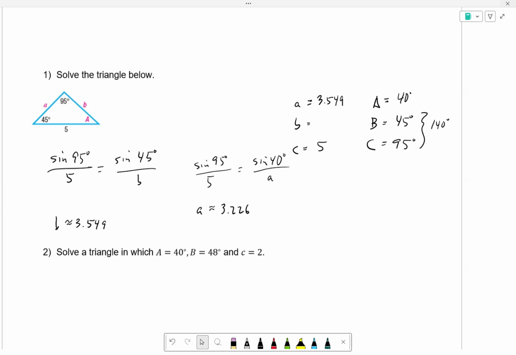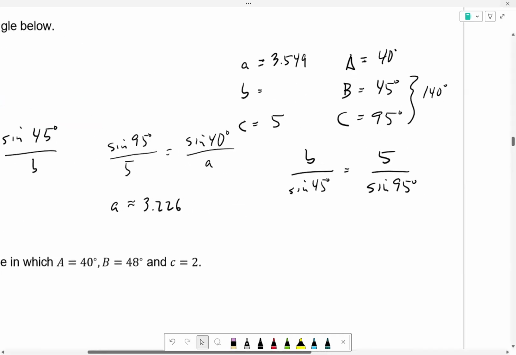Ria, that was fantastic. Thank you for your help. I do have a recommendation. Although law of sines is normally thought of with sine on the top, I like to begin with the unknown first. So I would start with saying B, like I'm very purposefully looking for B. So I'll say B over sine of 45. Sine of B over sine 45 is equal to 5 over sine of 95.